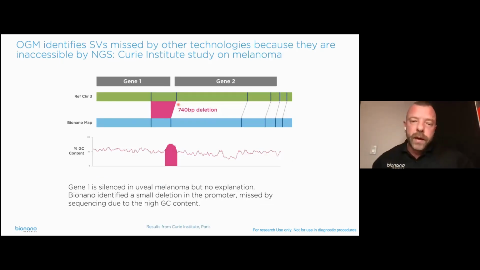Yet another example of a variant missed by other methods. Here's a study on uveal melanoma, melanoma of the eye, and a study by the Curie Institute in Paris. And Dr. Gentien there was expecting to find a variant in this gene that is typical in this form of melanoma. But with NGS, they were unable to detect any variant at all. With Bionano, they picked up a 740 base pair deletion that overlapped nicely with this part of the genome that has very high GC content. So because of the high GC content, the sequencing there failed and was not able to pick up that deletion